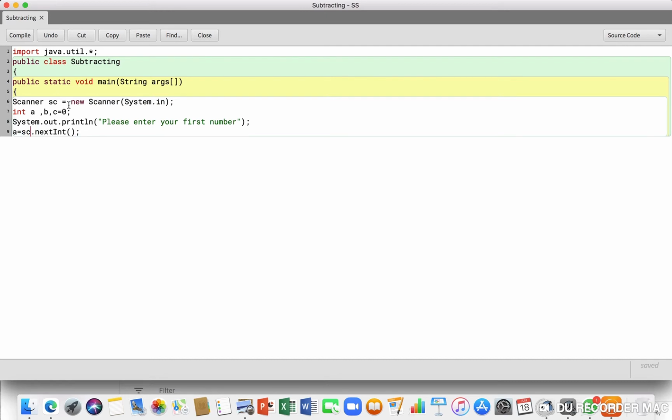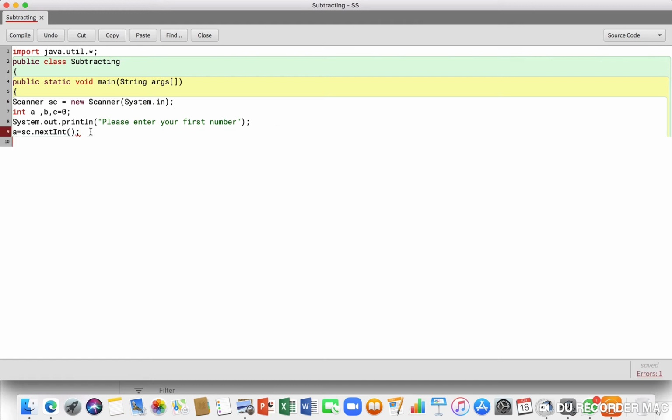If I write in here instead of sc, then here also I need to change it to in, or if I write sc here, then it will show an error after compiling. So always use these two objects the same. Now I am writing sc here and sc here. I am using sc as my object. You can use in also, or any other object as you want. Don't use keywords, it will not accept.